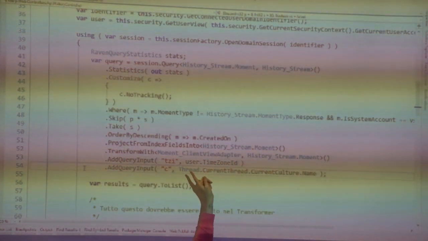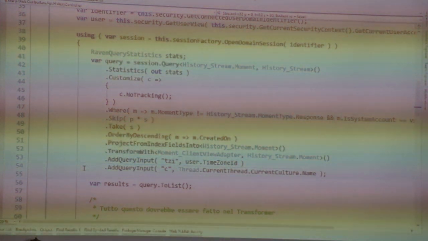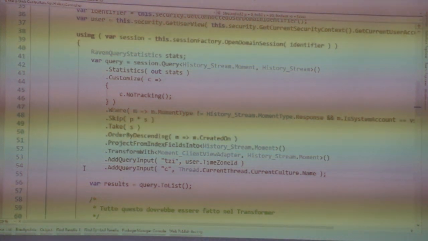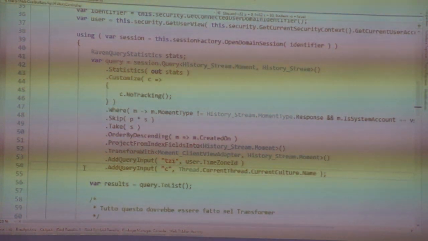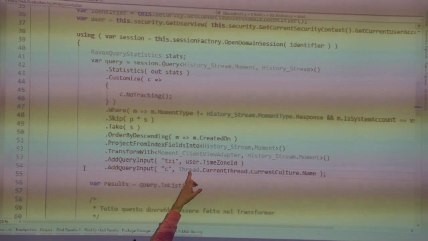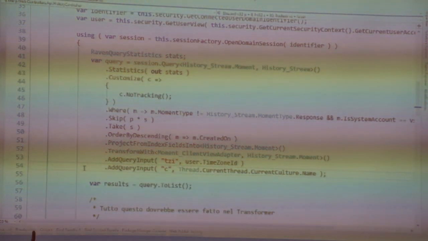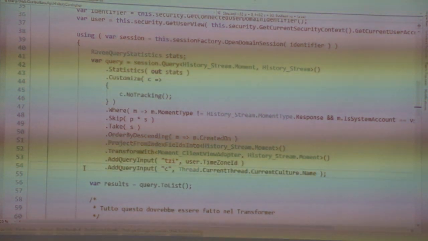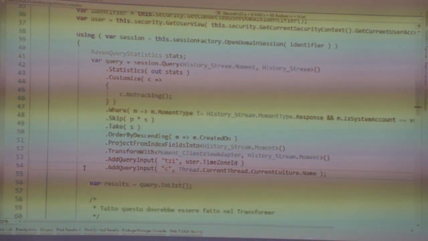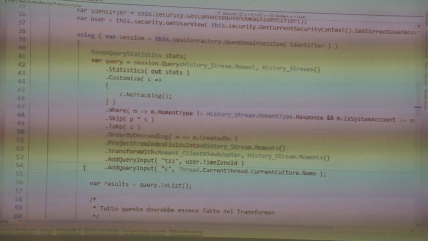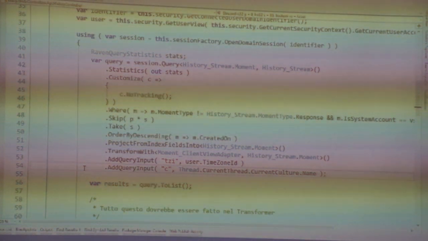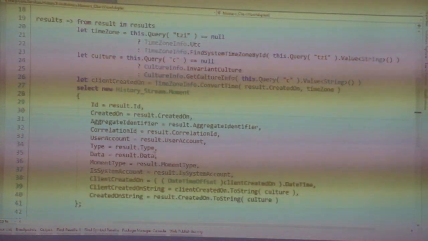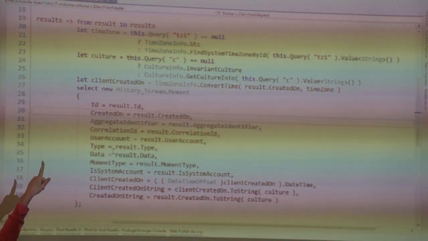where C is the current thread culture info. So the current thread of the HTTP request is based on the user choice. And this is the user time zone ID that the user can change in his application settings. So the user, if you have ever used Outlook Web Access, it asks you where you are now, if it cannot detect from the browser. And on the transformer, we can get back